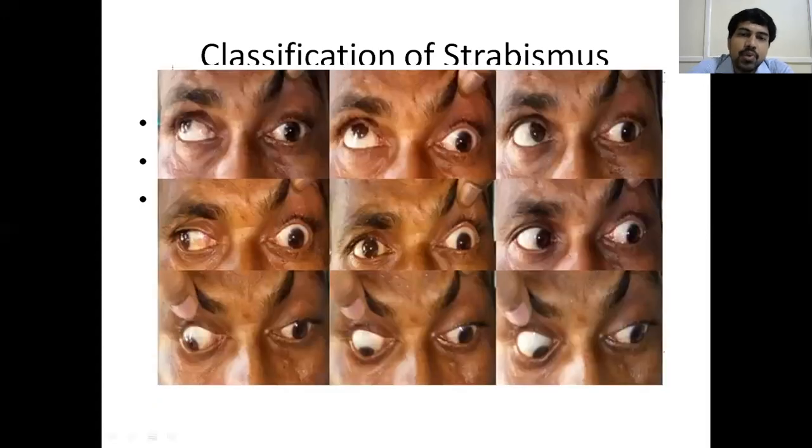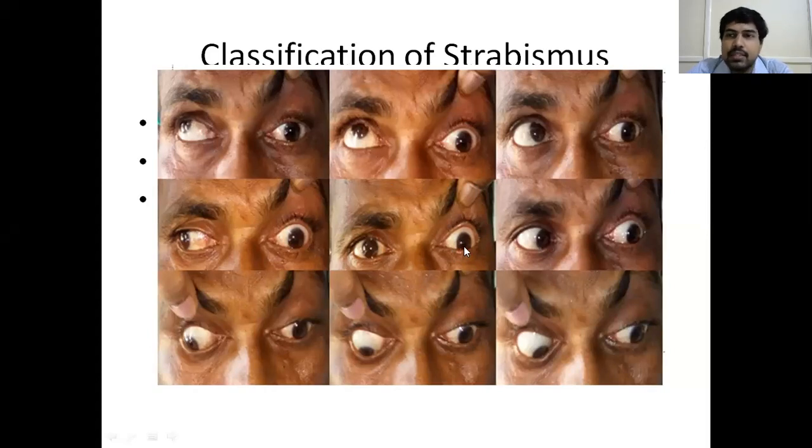So this is an example of a heterotropia. If you see directly, this eye is looking straight. You see that when you show a torchlight, the pupillary light reflex is exactly falling in the center. But for this eye, it is not falling on the center. It is falling somewhere nasally. So here it is a heterotropia. That is, as soon as you see the patient, you can tell that there is some squint.